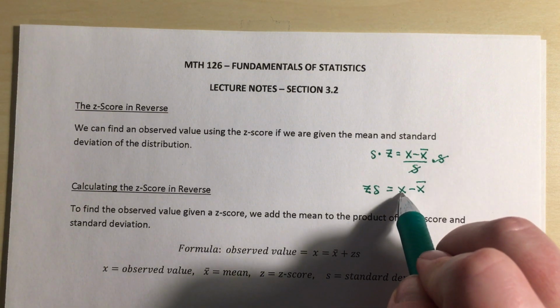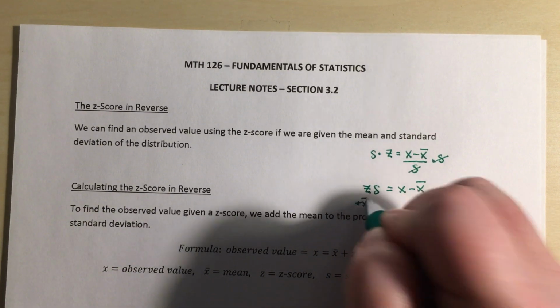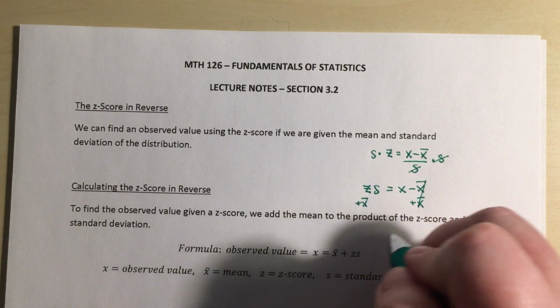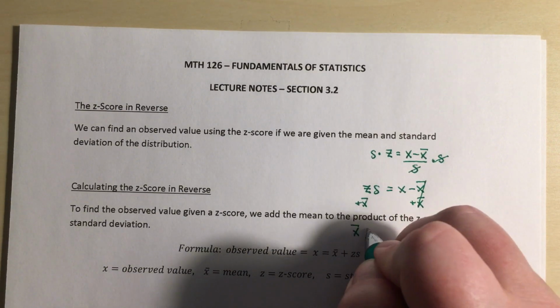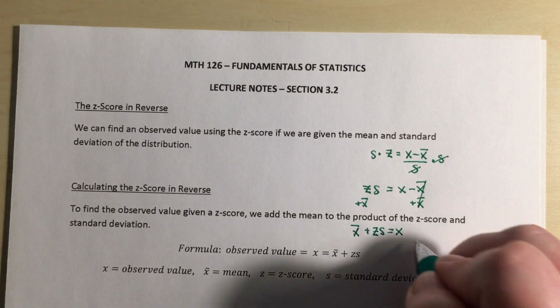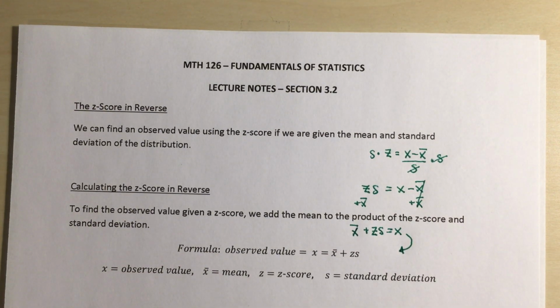Now, if we want to get this x all by itself, we still have to get rid of this x bar. So we're going to add x bar to both sides. Again, those guys cancel. And what we have here then is x bar plus zs equals x, which is exactly our little formula that we see right here. So we're just taking our formula and rewriting it a little bit to give us a different way of solving to look for a different desired value. So we're going to use both our basic z-score formula and this observed value formula